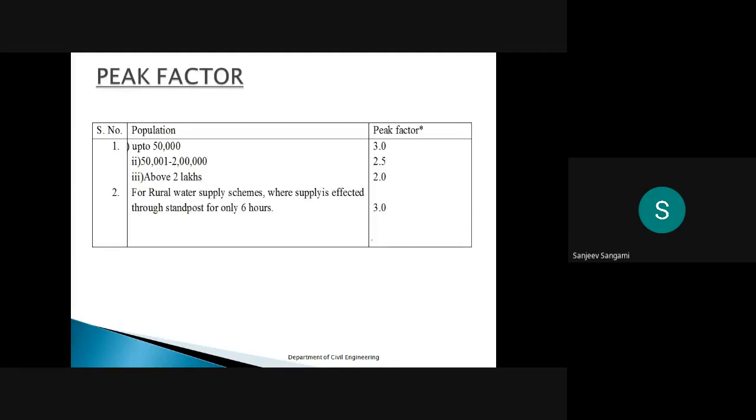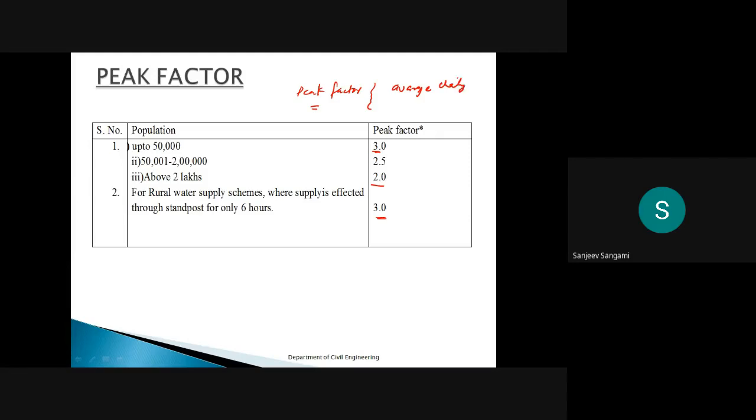Then the peak factor I already mentioned. For the maximum demand we already calculated it, we have to see the peak factor also. In that peak factor, up to 50 lakhs we have to multiply by 3 times, and 50 lakhs to 2 lakhs it is 2.5 times. Above 2 lakhs, it is 2. Then for rural water supply schemes, you have to multiply by 3 directly. For this, we have to do it for the